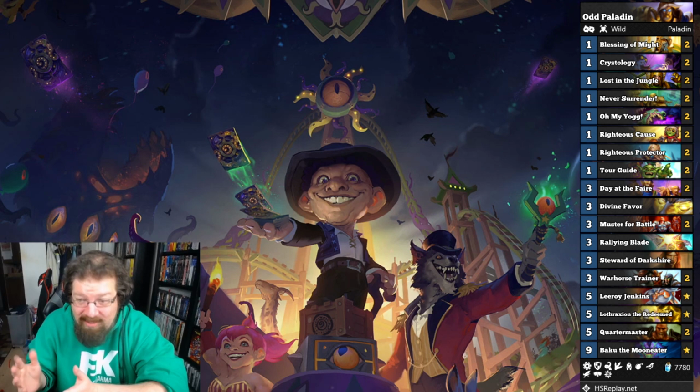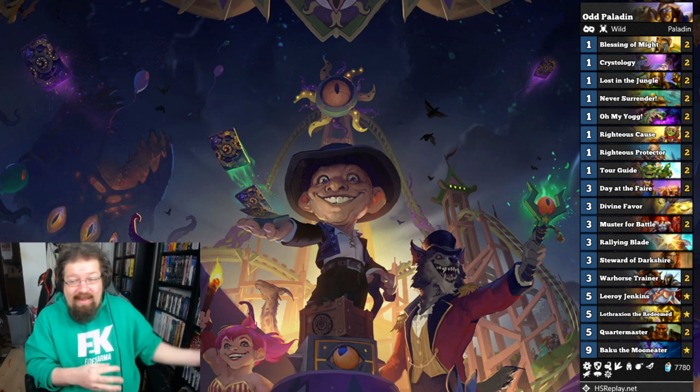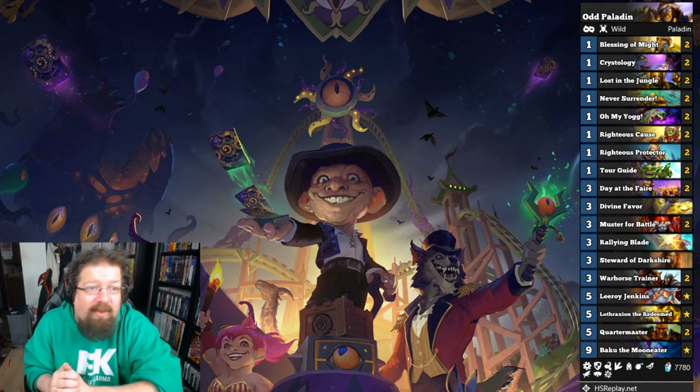But I highlight this one because Leroy is in a lot of people's collections already, and maybe you opened Lothraxion in the new set. But again, if you don't have them, take that out, and that's taking out like 3,200 dust, and you're at like a 4,000 dust deck. So Odd Paladin's been really solid and got a bit of a buff this expansion, primarily with this list has